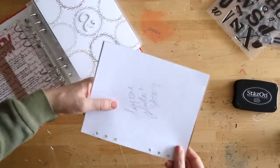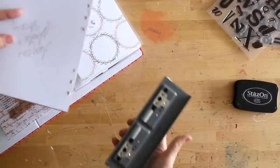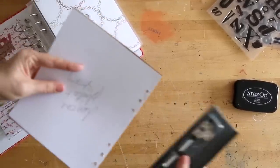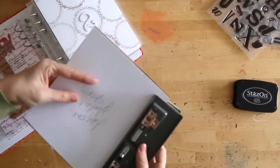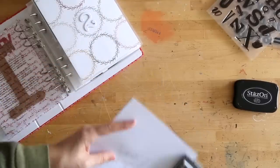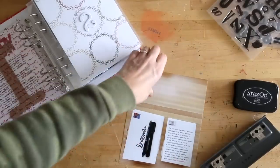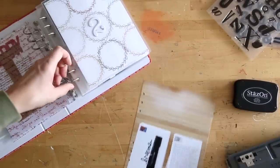I'm going to use the hole punch to punch the holes. This is a 6-hole punch. You can get this on Amazon. I'll link it below. This is the one that I use to be able to have things fit into my albums here. So now we have the beginning of this page, and then whatever tomorrow, some sort of something from the symphony will probably be what will be on this page,